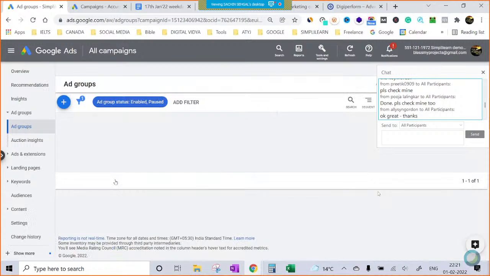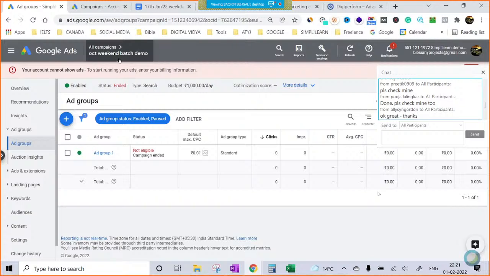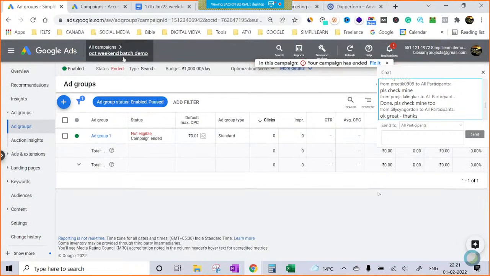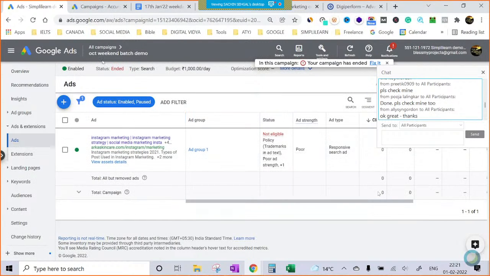The moment I click this, I am under all campaigns, and from all campaigns, I am under the specific campaign. So whatever I see now, no matter if it's the ad, the keywords, the ad group, the content, or the landing page, everything will be from this campaign's point of view. I'll show you the difference. If I click on the ad, it will only show one ad, whatever ad I made under this particular campaign. Now, if I go back to all campaigns again,